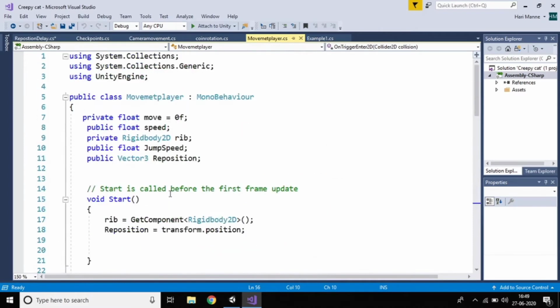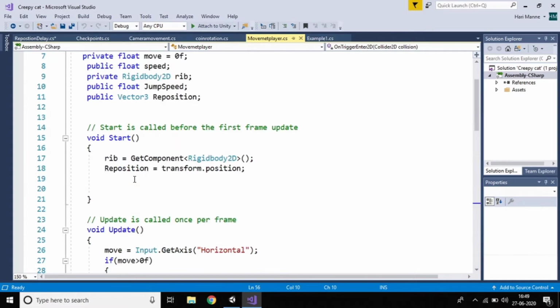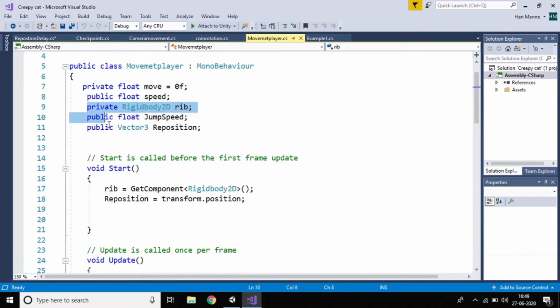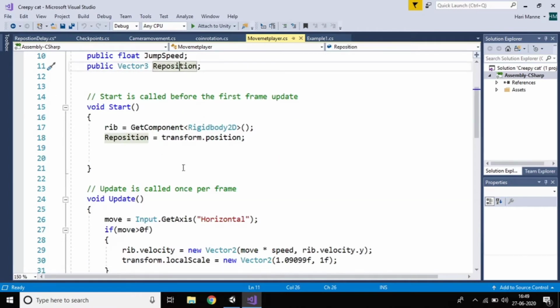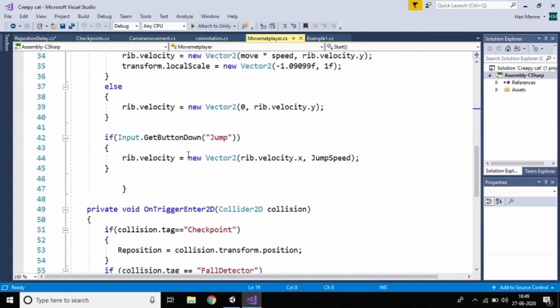I already wrote this. If you have not seen how to reposition the player, just watch the earlier videos, the link is in the description. How to add reposition, check points and everything I showed in earlier videos. The link is in the description, just find that, and how the code was written, everything was there.